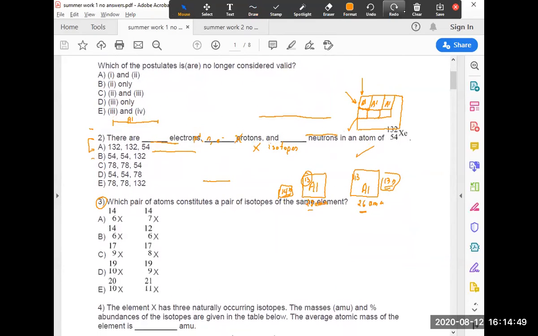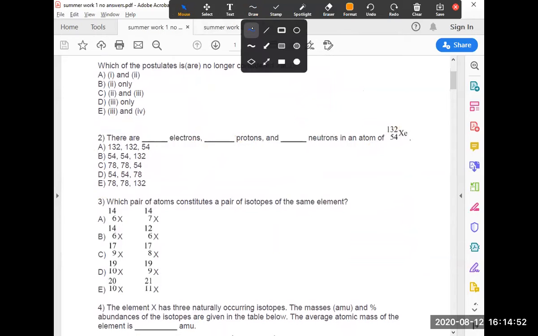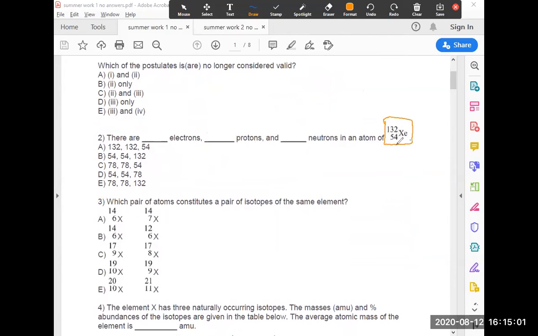Other than that, let's go for the second question. The second question asks how many electrons, protons and neutrons are in the atom xenon with 54 protons. Now again, remember also how to write those values here. So he's choosing the element xenon, but because he's choosing xenon, it has to be 54 protons. The xenon has to contain 54 protons. Then what is the mass? Well, we will go into more detail later on during the course, but there are obviously ways of determining the mass of that particular xenon.